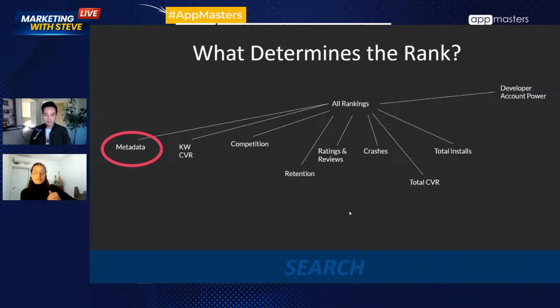But as long as you have a high quality app, by the way, something that is not here and I think has a major effect is revenue. The more revenue and the more revenue per user you are getting, the easier it's going to be for you to maintain the rank and maintain the organic installs after the spike method. Yes, completely agree with that. There you go. One thing I want to hit on.